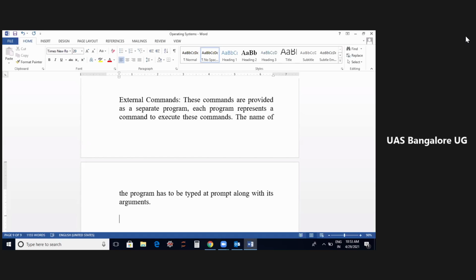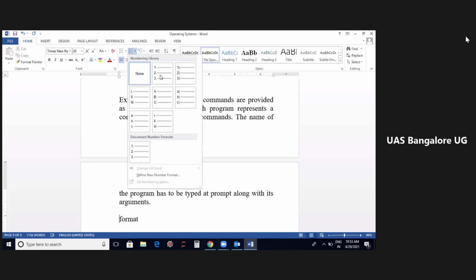So the first external command we'll just see today is the format command.